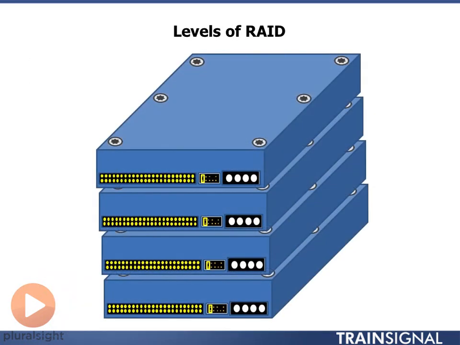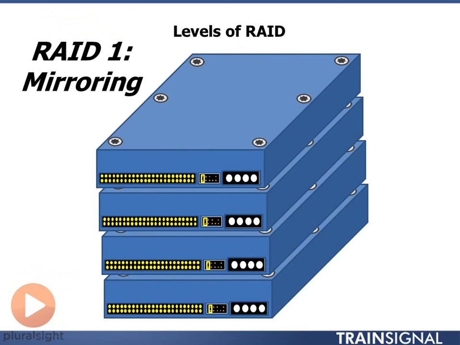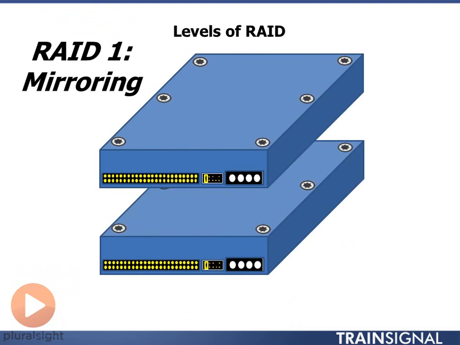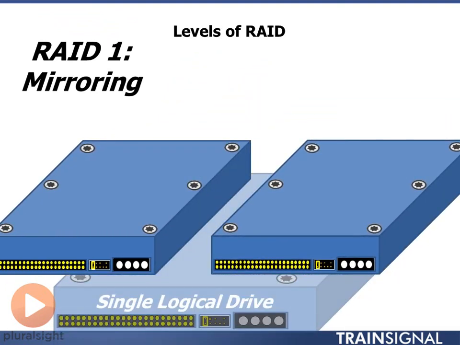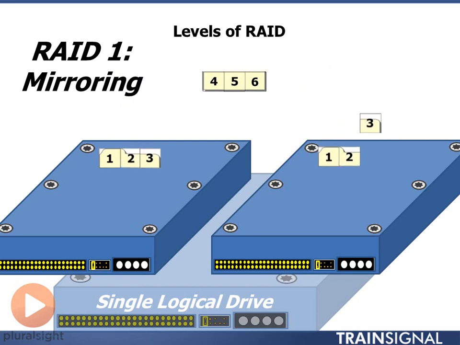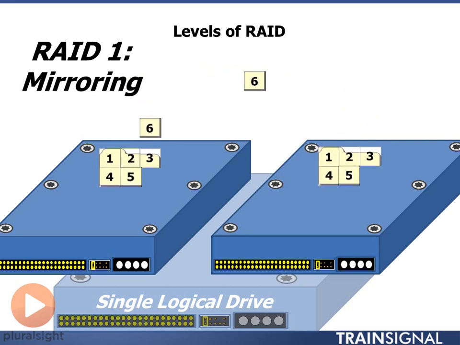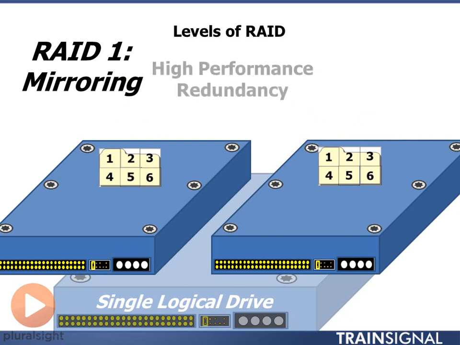Where we do have redundancy is with RAID level 1, which is known as mirroring. Now with RAID level 1, you will have exactly 2 disks, but again, they're acting as just one single logical drive. Here we have that same data, but in this case, each block of data is being written to both drives to create a mirrored image. So that way, if one drive was to fail, the data still exists on the other drive,